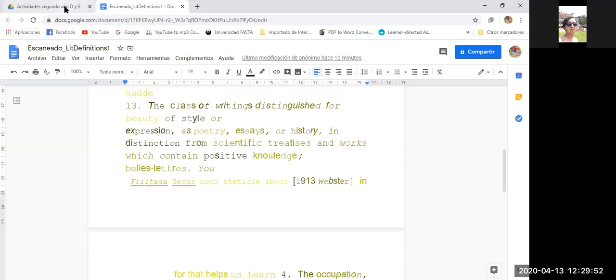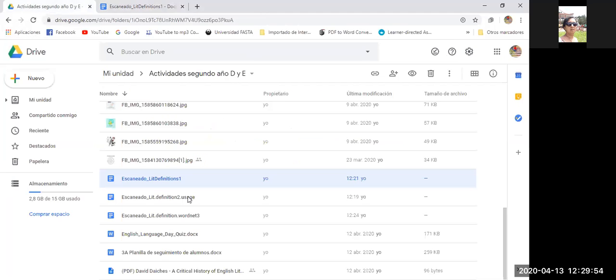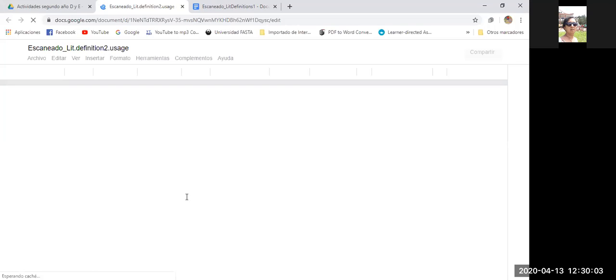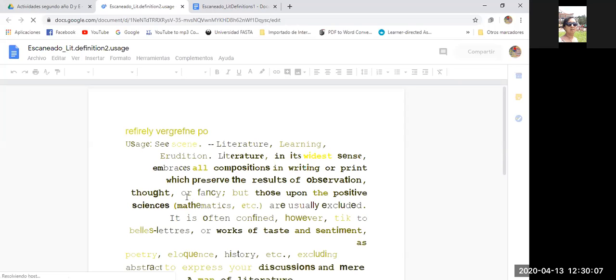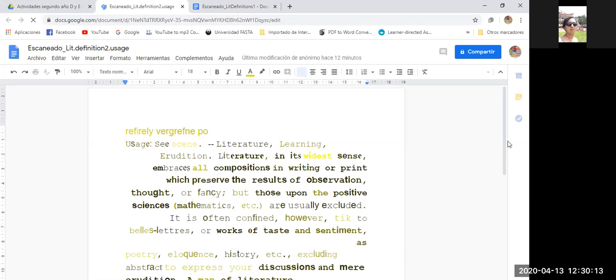Now we're going to see the second. Here we have the usage of literature. The usage: we have literature or learning and erudition.